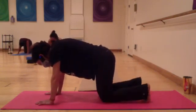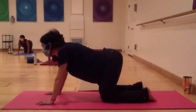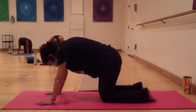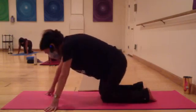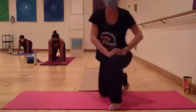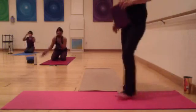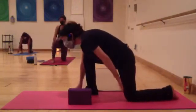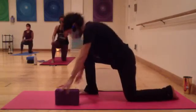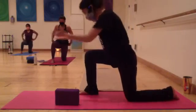Knees come down, tops of feet flat on the floor. Inhale, arching, and exhale, rounding. Finding that tabletop proper for me again. You guys rock. Let's bring the right foot in between our hands. So we're going to enter what's called marriage proposal. You're going to place your right foot in between your hands, but that left knee stays back. And then when you raise your chest, you'll find that you're in that marriage proposal, will you marry me